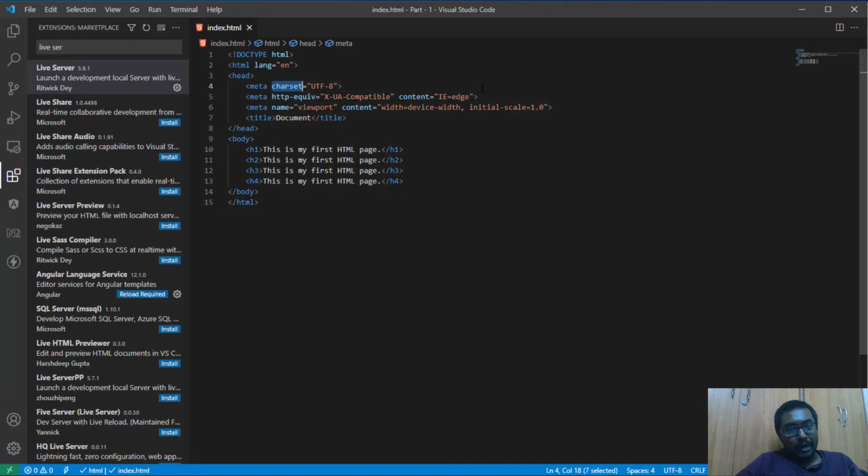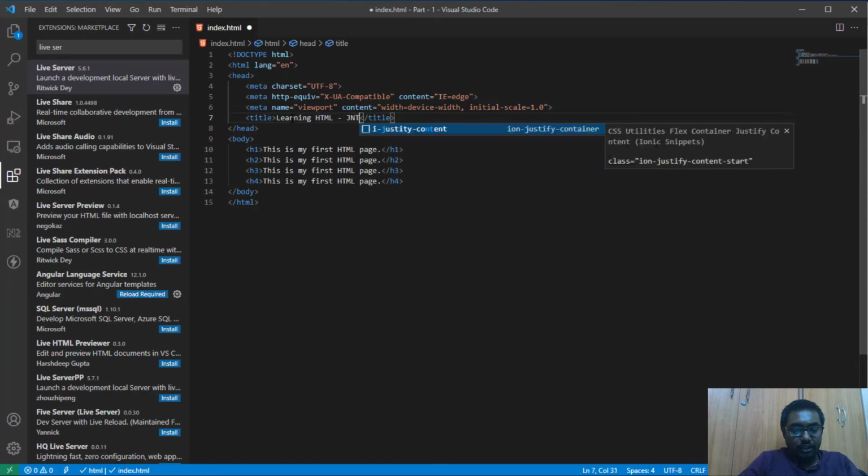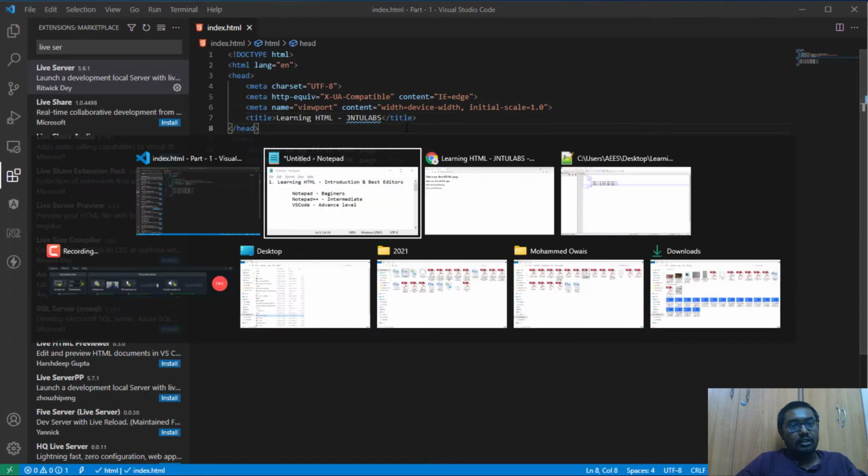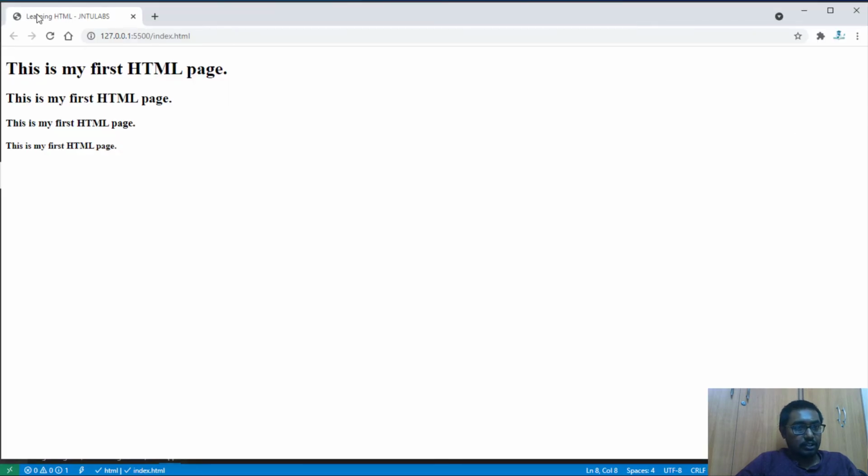And this is for compatibility: if our website is to be mobile responsive, the viewport setting is useful. Then the document title, learning HTML by JNTU Labs. Whenever we change this, it gets affected here, learning HTML by JNTU Labs.